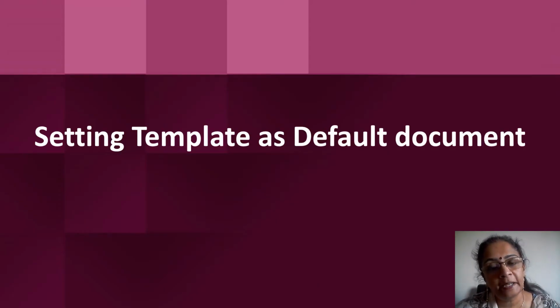Now that we know how to create templates using both the methods, we can now understand how to make this particular document a default document. Whenever I open a document in OpenOffice, the normal format is that it opens as a plain document without any particular formatting. So now when I set my template as a default document, whenever I open a Word document, it will open with the ready template in it. So permanently it will always be my default document. Let us understand how we can do this.